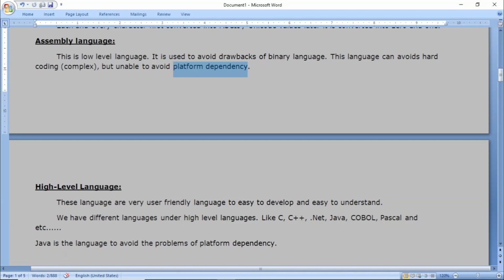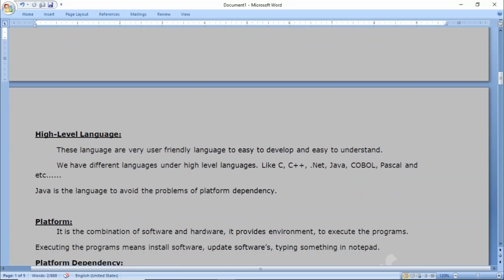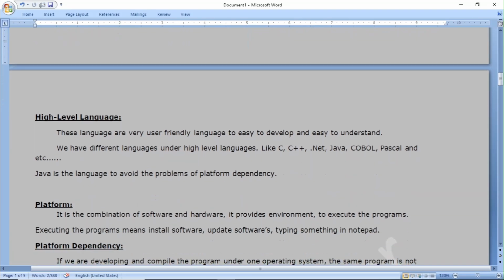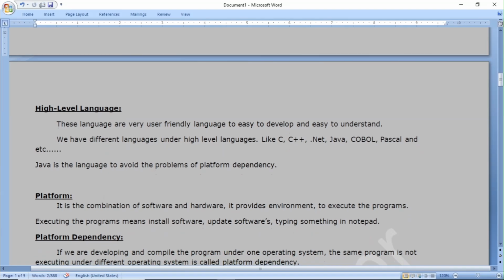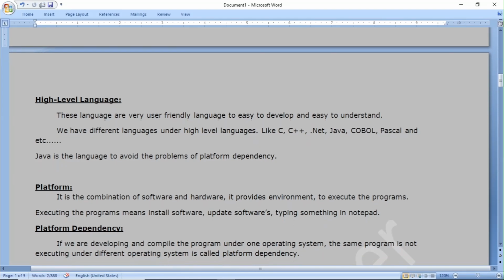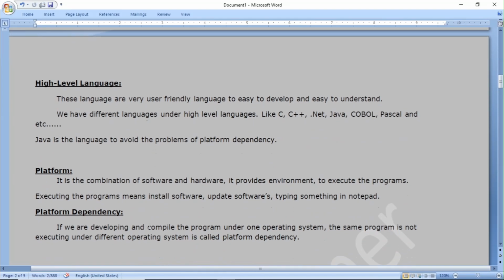Java is the language to avoid the problem of platform dependency. What is a platform? A platform is nothing but a combination of software and hardware for interacting with humans. There are two types here, platform dependent and platform independent. Platform dependent means it depends only on a similar platform.